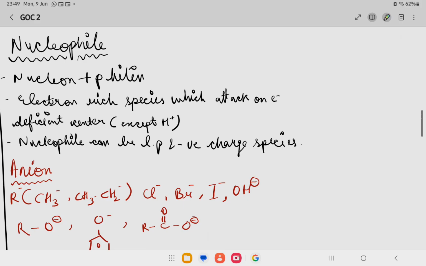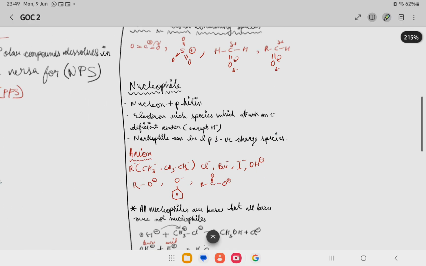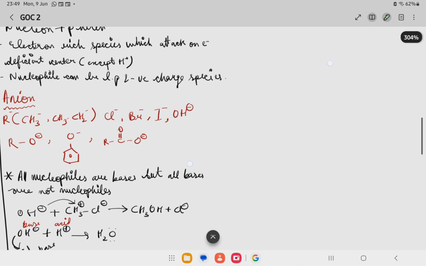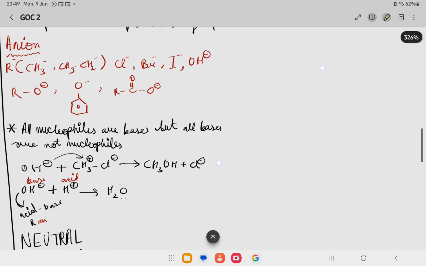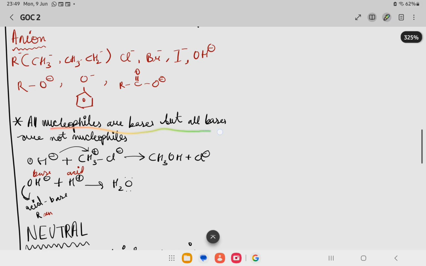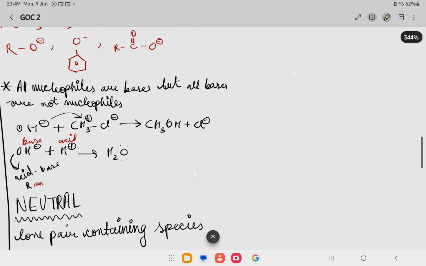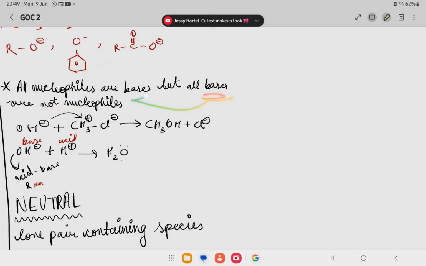न्यूक्लियोफाइल can be lone pair और negative charge species. न्यूक्लियोफाइल कौन कौन होते हैं, जिनके पास लोन पेयर होता है या फिर नेगेटिव चार्ज होता है. एग्जाम्पल, एनायन का एग्जाम्पल दिया हुआ है यहाँ पे, नेगेटिव चार्ज स्पीसीज. ये सारे एग्जाम्पल है। यू हैव गॉट द आइडिया वाई। All nucleophiles are bases but all bases are not nucleophiles. सारे न्यूक्लियोफाइल्स जो होते हैं वो बेस होते हैं, लेकिन सारे बेसिस न्यूक्लियोफाइल्स नहीं होते हैं।